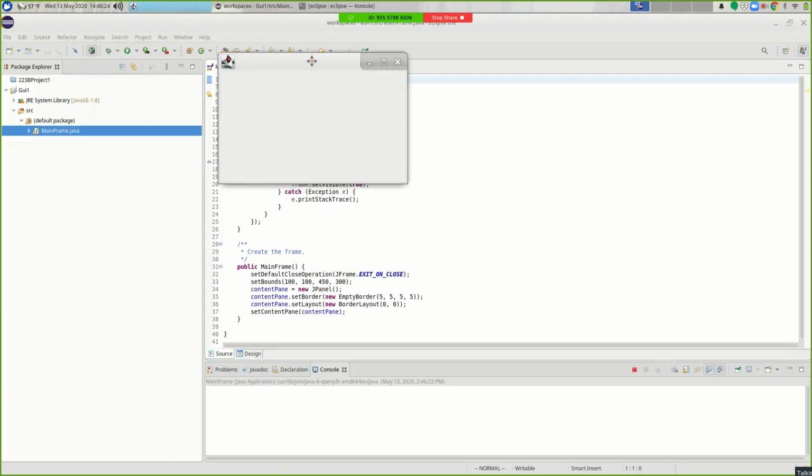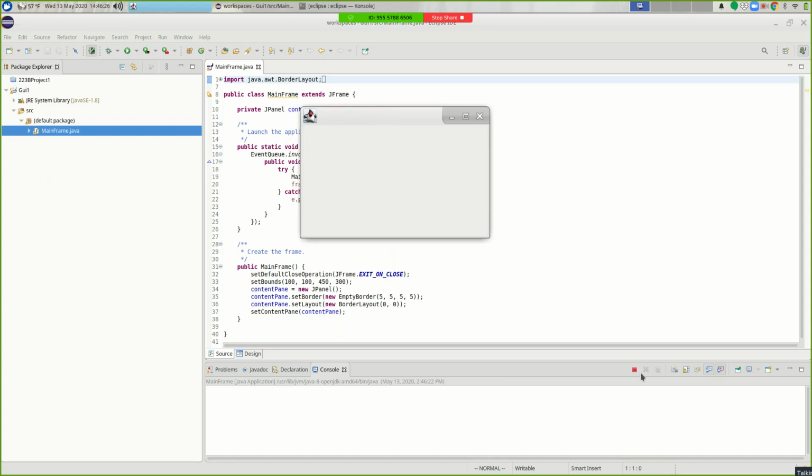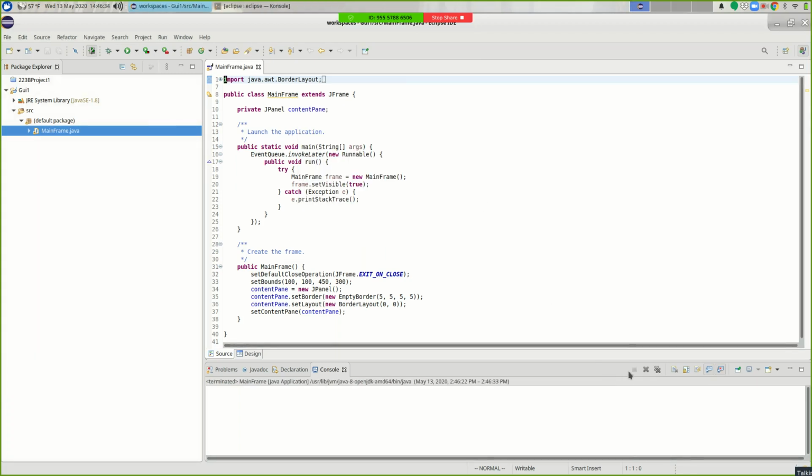Another thing I want to point out, when you're running your code, this little run button down here turns red. Okay. You can hit that to terminate your program. That's like Control-C, or if your program exits, that button will go away. Your console down here shows you the output from your code, and it's where you can place input.